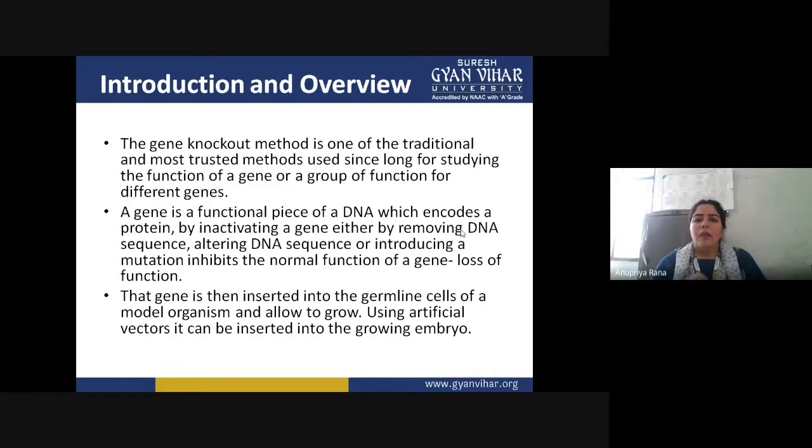So simply, if a gene which codes for a protein is not present inside an organism to show its phenotypic effect, that process is called the gene knockout process. Sometimes this process can happen naturally, but sometimes we can make a gene be knocked out. It can be spontaneous, by nature, or man-made, artificial, or synthetic, whatever you want to call it. There are several methods in genetic engineering or DNA technology using which we can do the gene knockout method. So let's go through this introduction part also.